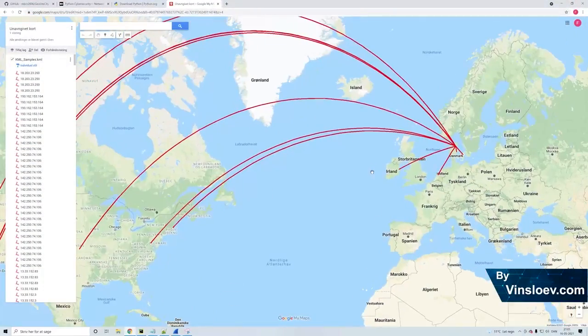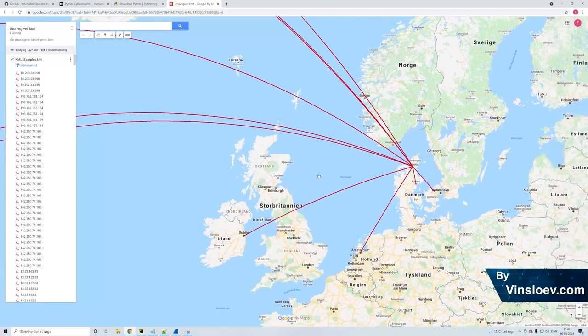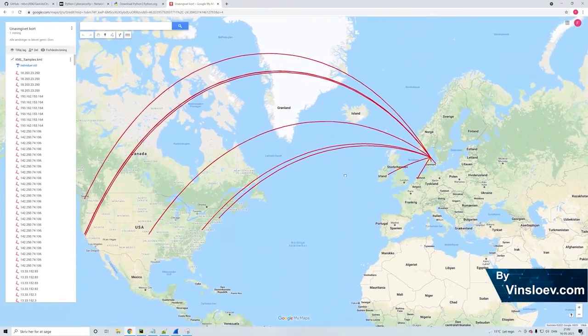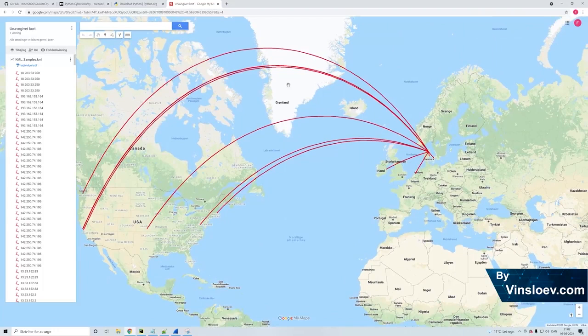Hello and welcome to Winslow Academy. So in this episode of Python Cybersecurity, we're going to look at how we can use network data to make a visual representation in Google Maps of the traffic going through and from our computer. As you see here, this is what we'll end up with today using our Python programming along with Wireshark